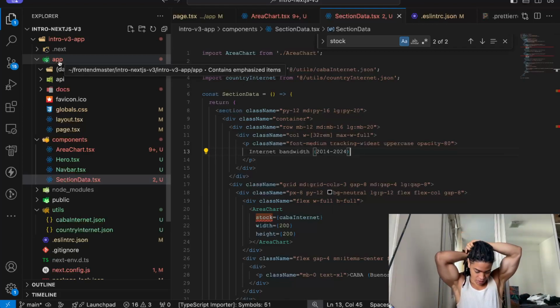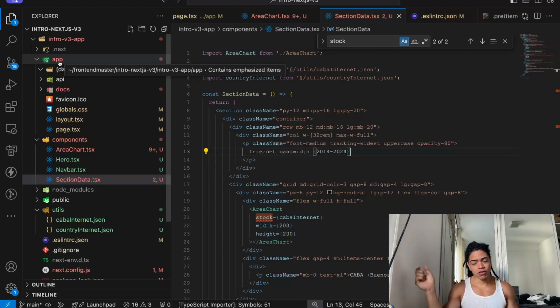It means that unlike server side rendering, React server components, sorry, is going to render the HTML, is going to render the React component and serve that to the client without any JavaScript.